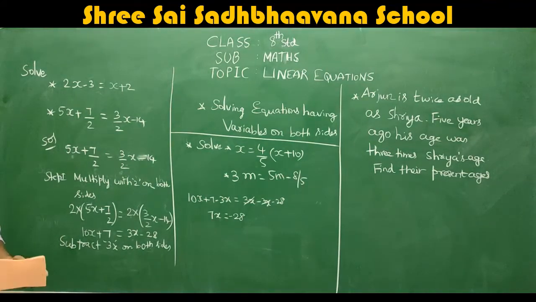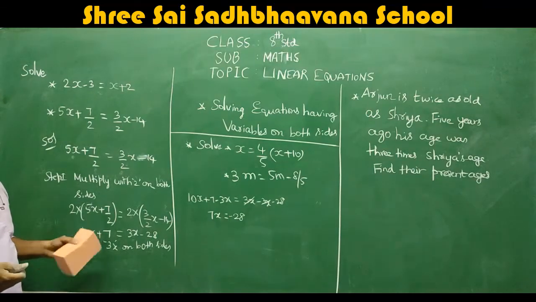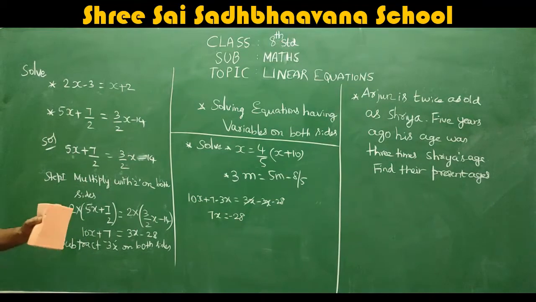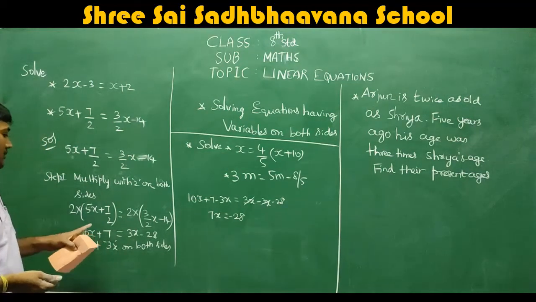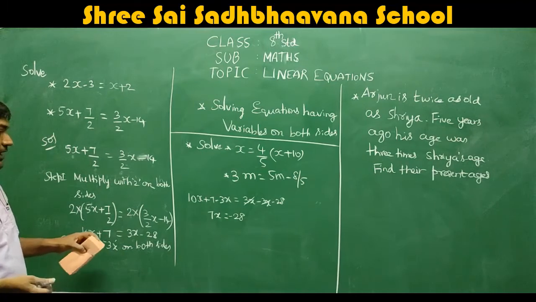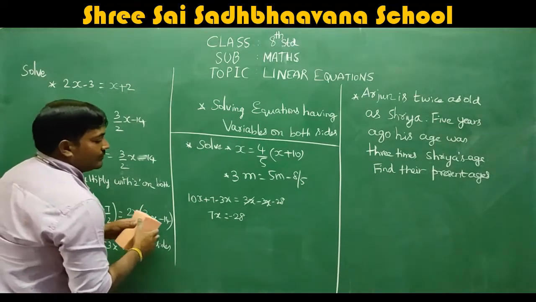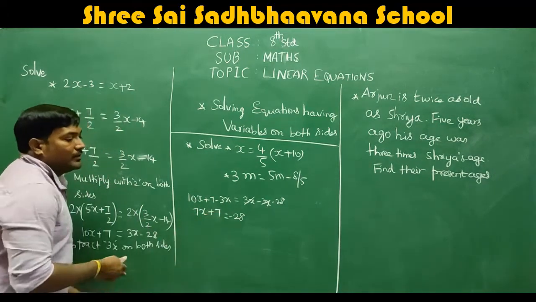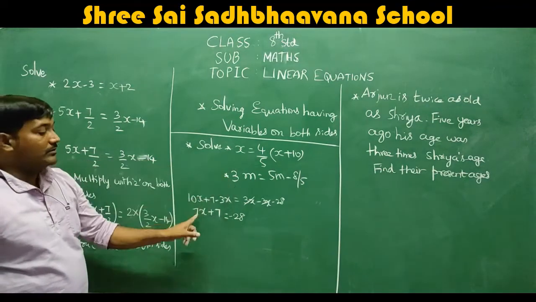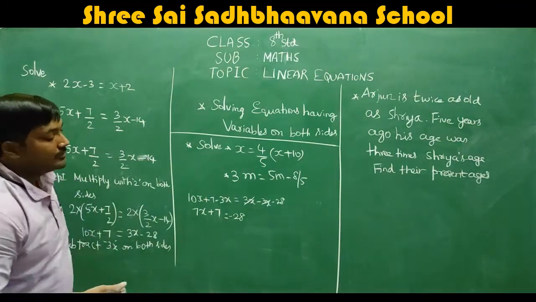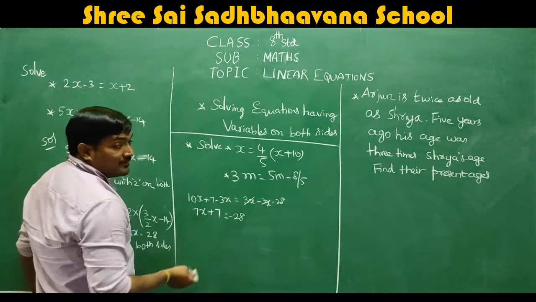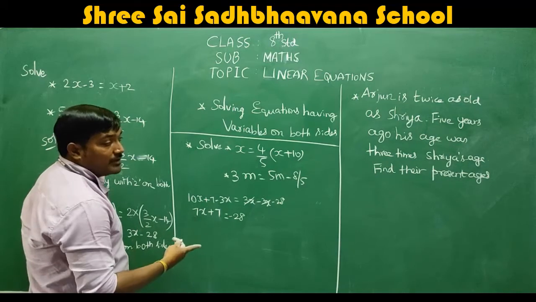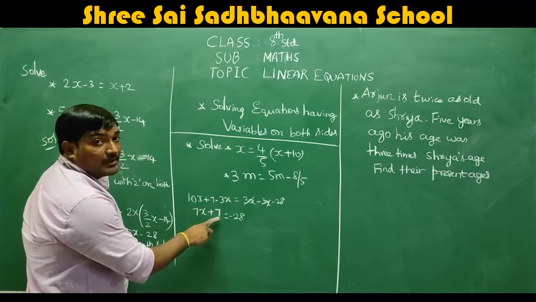Here again we have to find the x value, correct? When you find the x value, we have 7 also there. It is 7x, and we are left with plus 7 also here: 10x minus 3x is 7x, and plus 7. That also we have to consider. Now, can we send this plus 7 aside by transposing? You are not allowed to do that because we are solving the equation. So again we have to eliminate the 7 here.